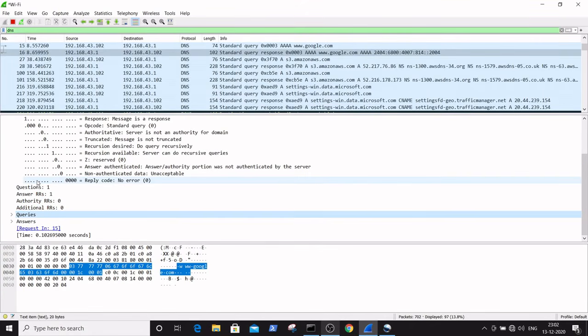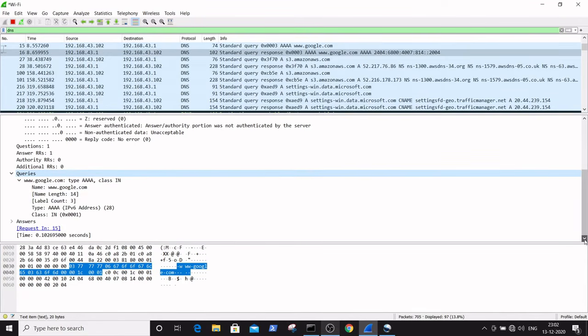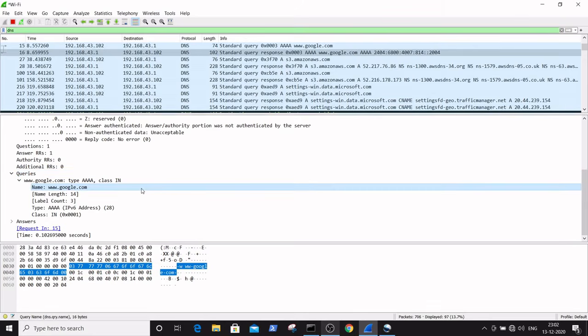Here are the queries. The queries contain the name of the domain, where we gave the example www.google.com in the NSLOOKUP command to obtain the IP address. Here the IP address is IPv6, which is the type of the address given here, with a name length of 14, label count, and class IN.